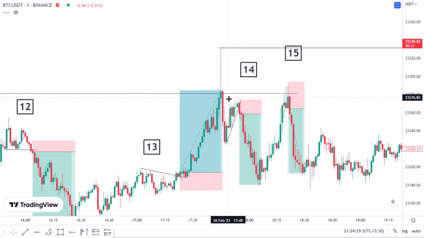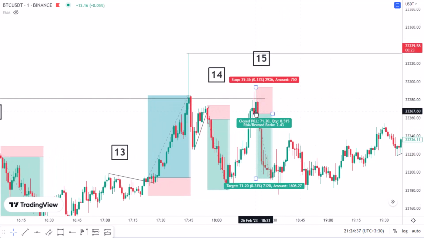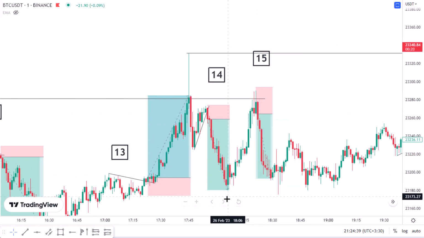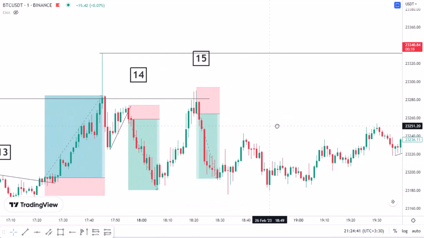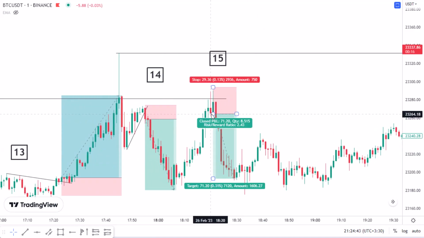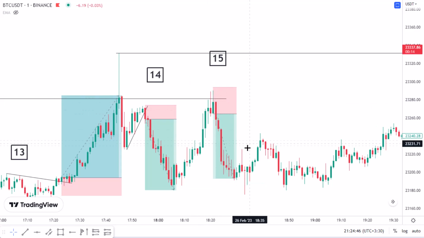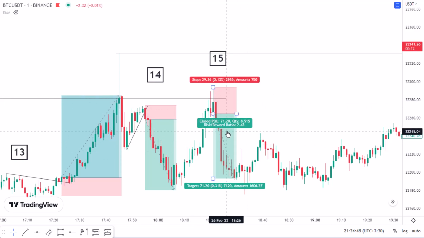But the candles are not good here, which I didn't count. But here you can see it has made a pin bar for us. We could enter the sell position here, put our stop loss above that, look for RR2, which